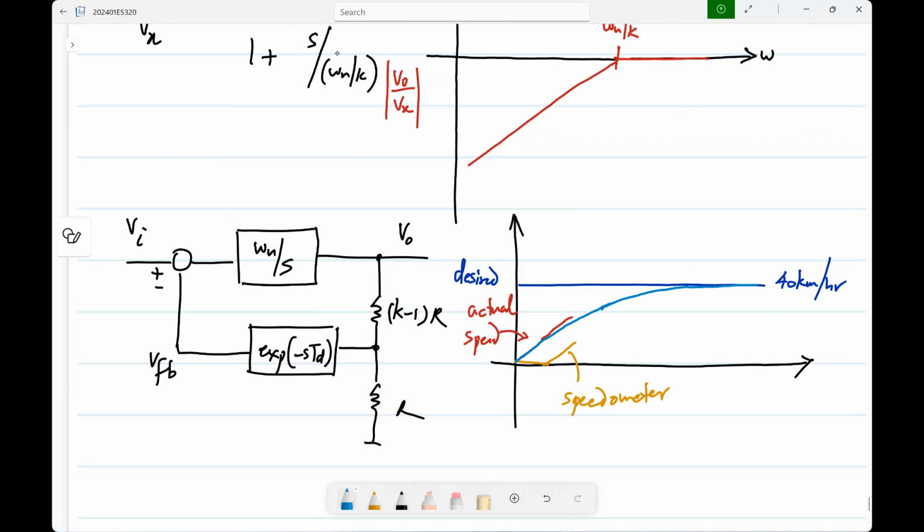Basically, the point is that somewhere you will, let's say, reach this. This is a possibility. You have reached 40, but the speedometer still says you are less than 40. So you will go on accelerating, go beyond the target, and then this will also follow it. At some point, the speedometer indicates 40. So then you start slowing down. You start slowing down, the speedometer would have been following you. And then in the other direction, when you reach 40,